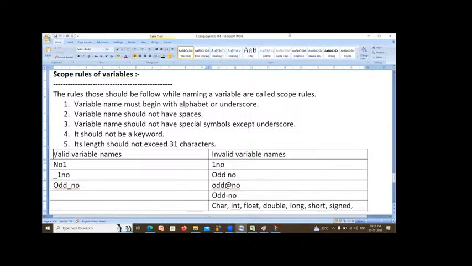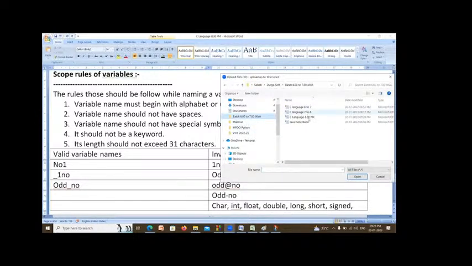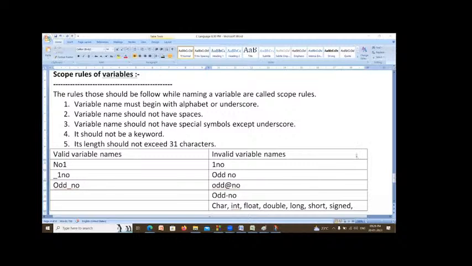I will send this document to you. Right? Are you getting this? Are you able to see my file or not?